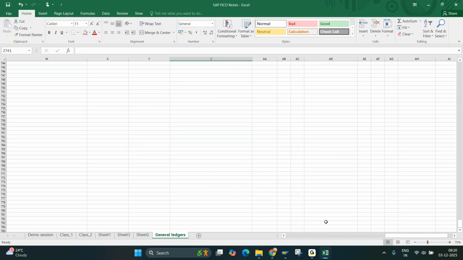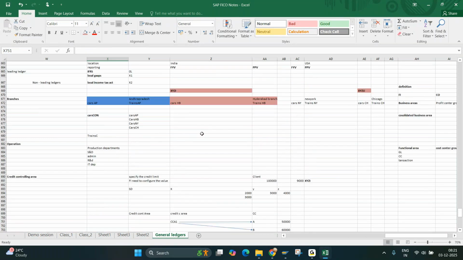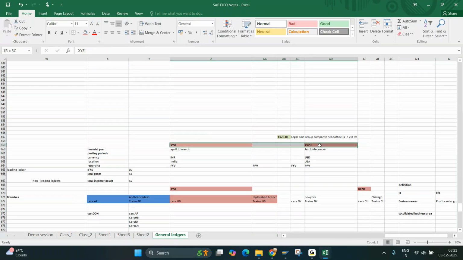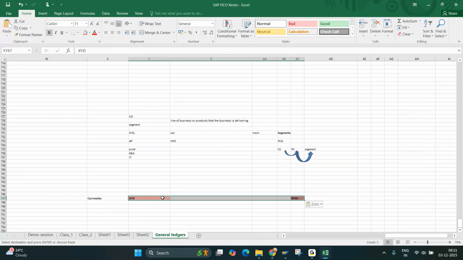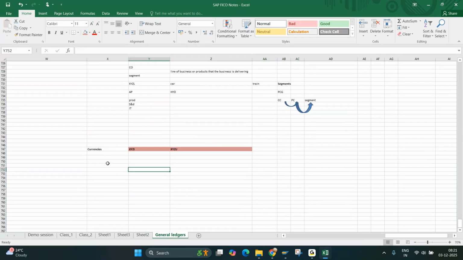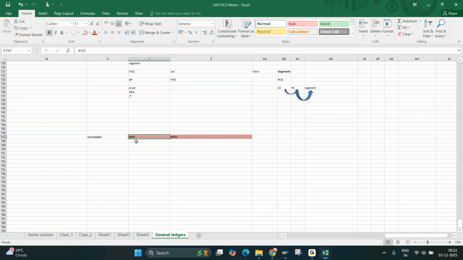Okay. Now, after this, we'll be discussing currencies. Currencies in the sense, let's take our example. Let's take our company codes. We have these currencies. So our company is also intended to report. So the Indian company is also intended to report in